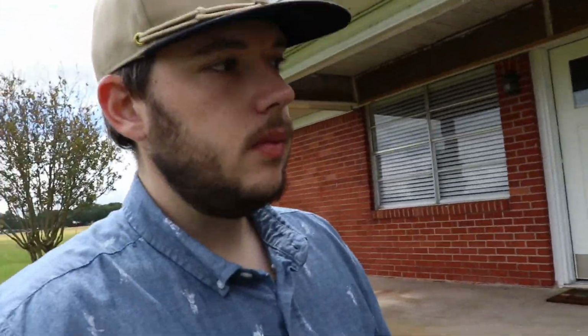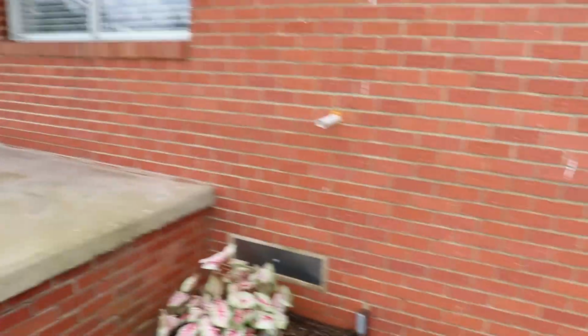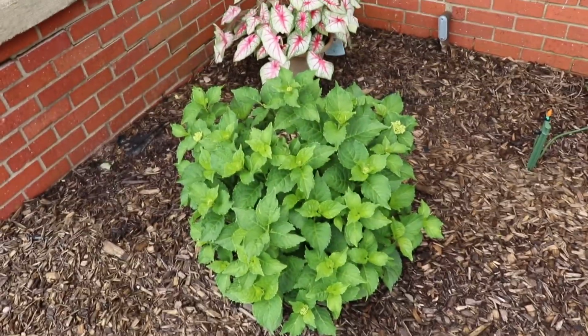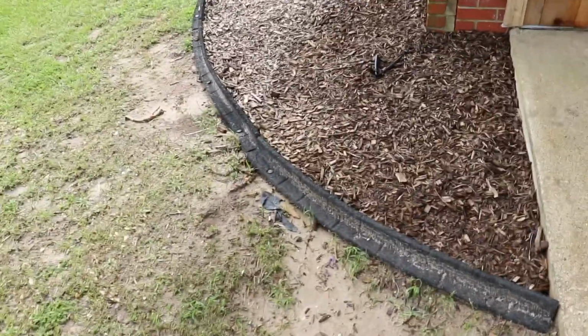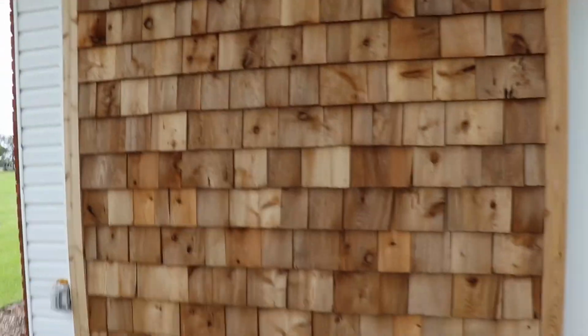But yeah, so we did the hydrangeas. Got some caladiums that we put up front where this area kind of stays wet. That's kind of our air conditioner drip, so we'll have it drip in that area. But check out these hydrangeas, they're just huge. Love them. And then there's obviously my drip irrigation, and I covered all the hose for that too. And I actually extended the flower bed down this direction some so that I can plant something in this area. And there's the end of my drip irrigation, so it worked out perfectly for that. And then there's my cedar wall,